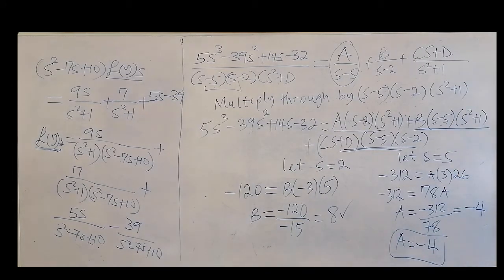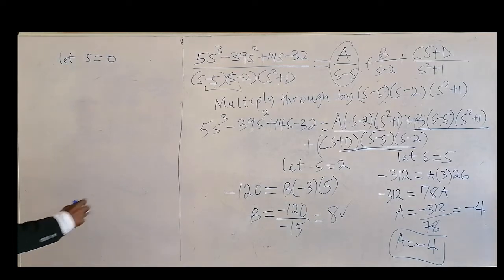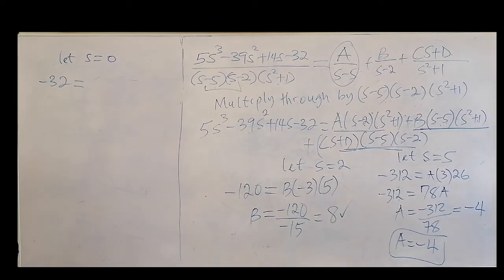So we've gotten A, we've gotten B. So what other value can we use for substitution? We've already used 2, we used 5. Let x be equal to 0. If it's that, then we have minus 32 on the left equal to, on the right,